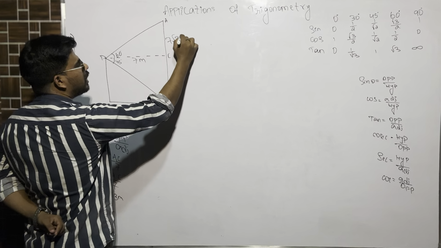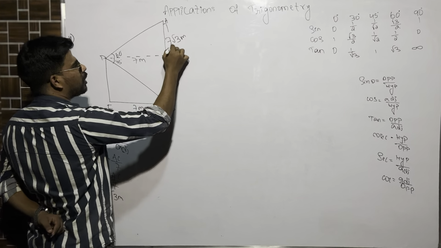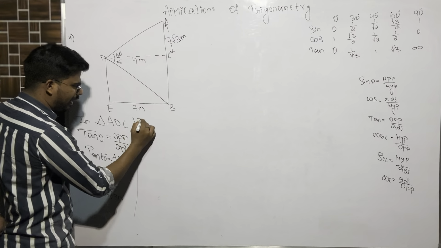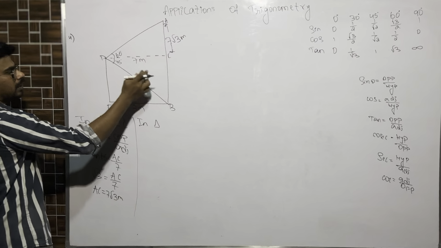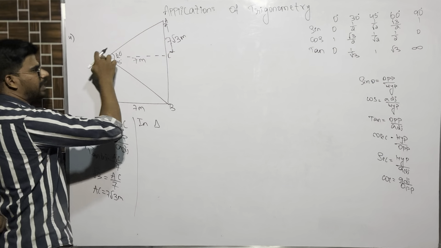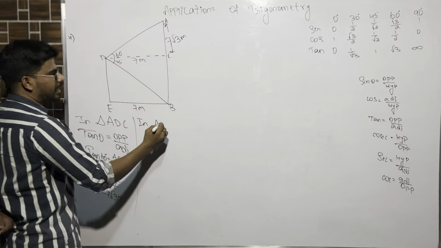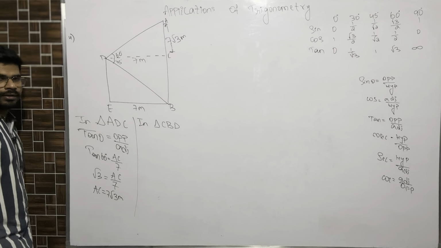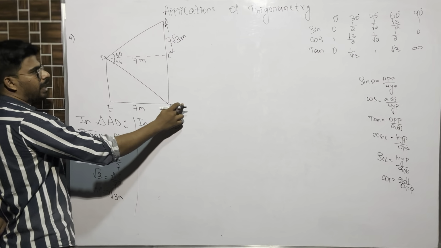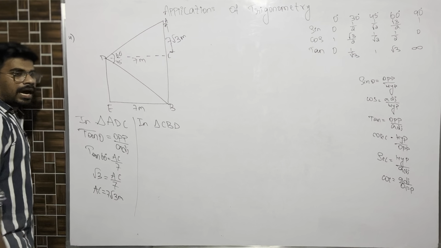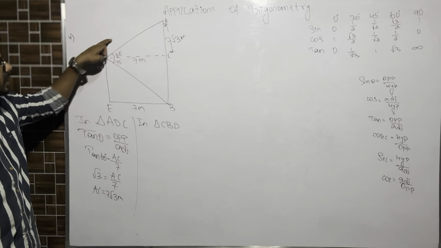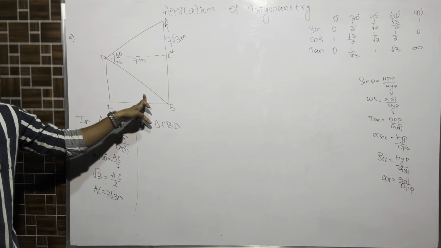We got one part of the height of the tower. We have to calculate another part in another triangle. In triangle BDC or CDB, CBD, whatever it is. In triangle CBD, what is the unknown side here? CB is the unknown side, and DC. The hypotenuse is also an unknown side, but that is none of our business. That's why we are not considering AD and BC. Don't get confused over there.